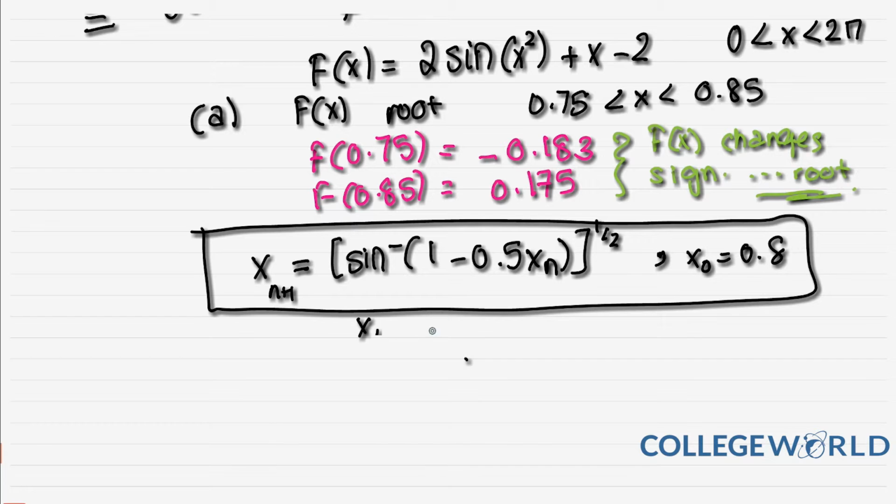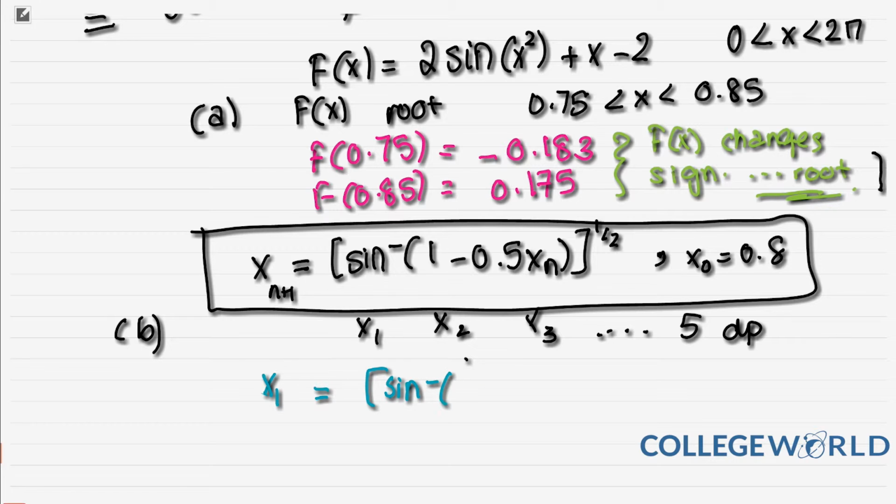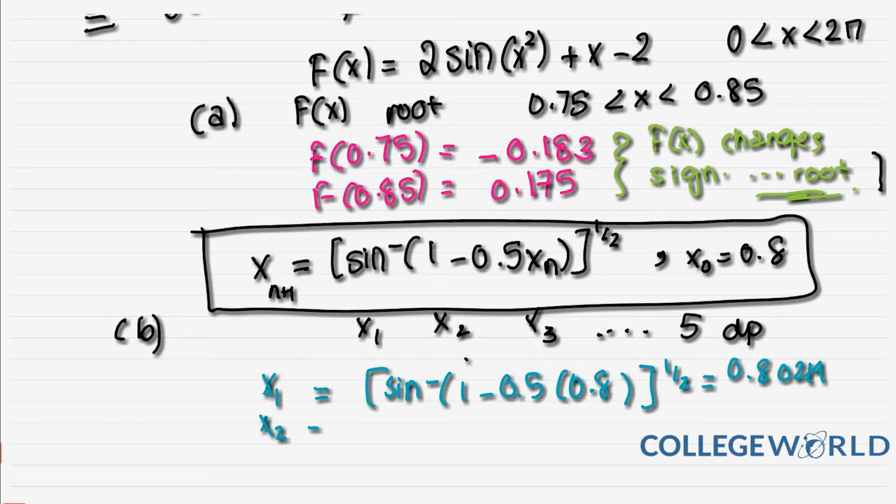It's given to you where to start from, and they're going to tell you find x1, x2, x3, and they give you a certain approximation. So here they set it to 5 decimal places, and they ask you to find x1, x2, x3. So what you're simply doing is you want to find x1, so you're going to use here sine inverse of 1 minus 0.5 of xn, which is 1 minus this, so it's x0, which is given to you here as 0.8, and then you're going to put it in and find what this is equal to to 5 decimal places. Then you're going to do the same for x2, and you will get